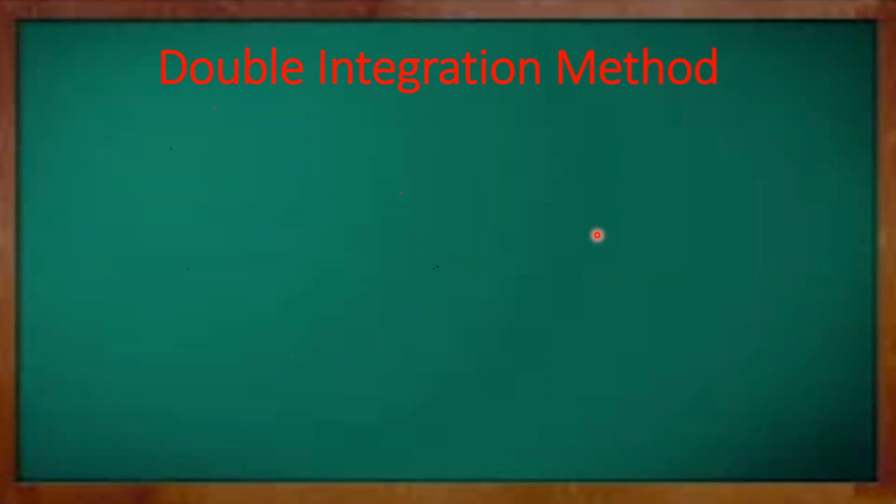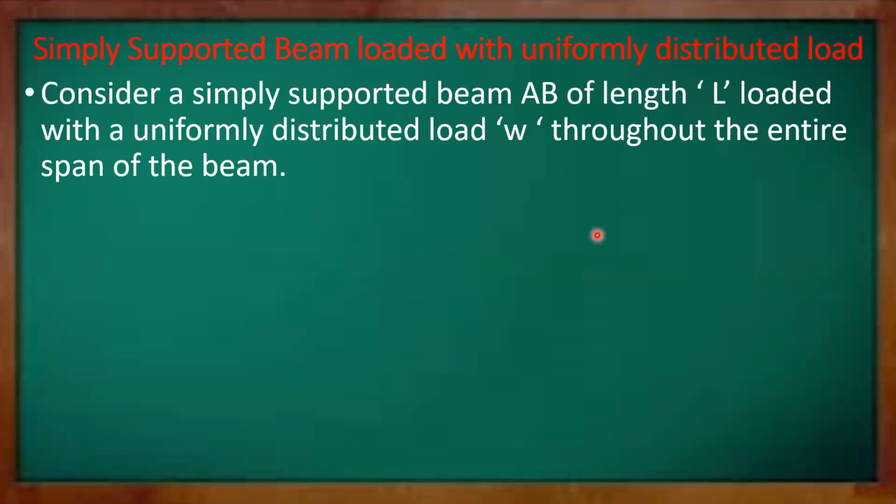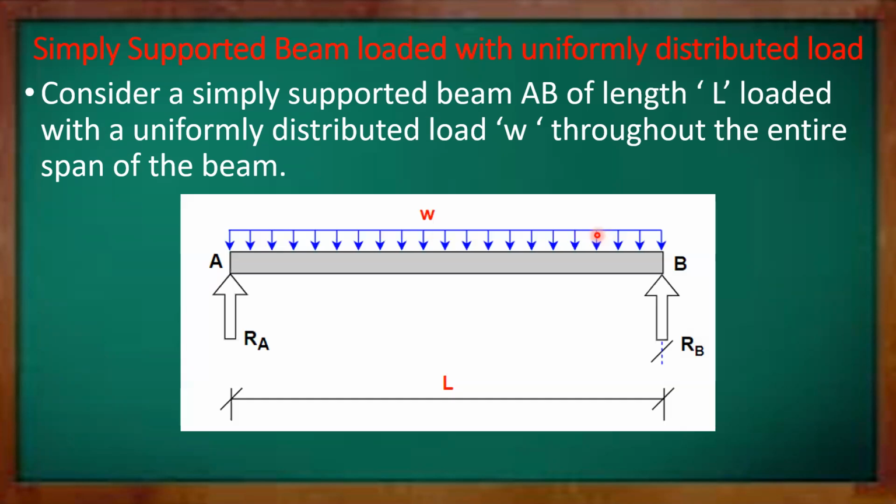In this video, we are going to continue the double integration method: slope and deflection of a simply supported beam with uniformly distributed load. We will consider a simply supported beam AB of length L, which is loaded with a uniformly distributed load throughout the entire span of the beam, and this small w is called the rate of